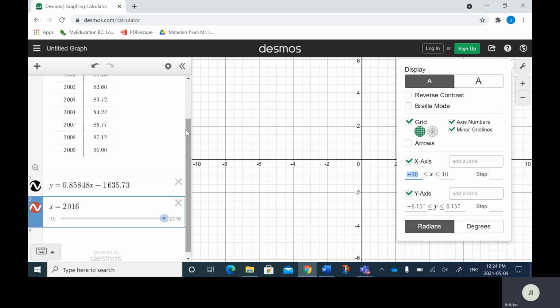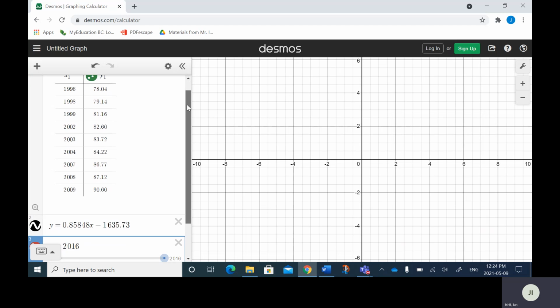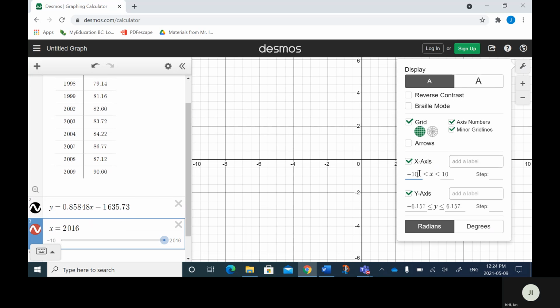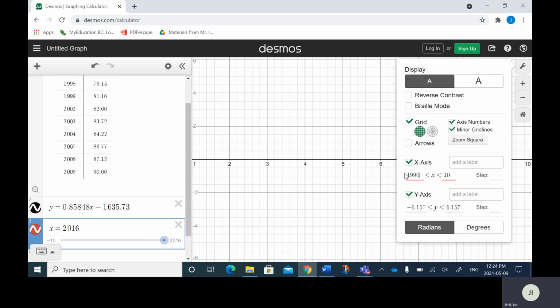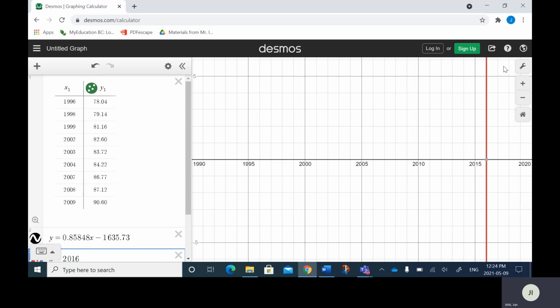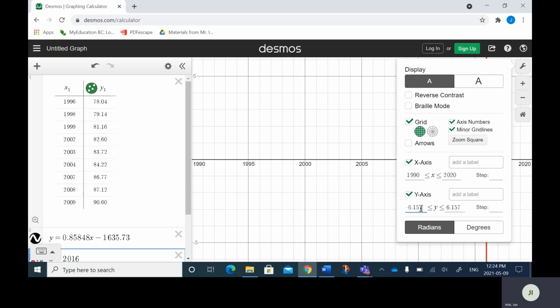Let's start at 1996, so let's start at 1990 for my x. And the maximum value, since I'm looking at 2016, I'm going to go 2020 as my max value. Then on the y-axis, the minimum was 78, so let's go with 70. And then for my maximum y value, let's go with